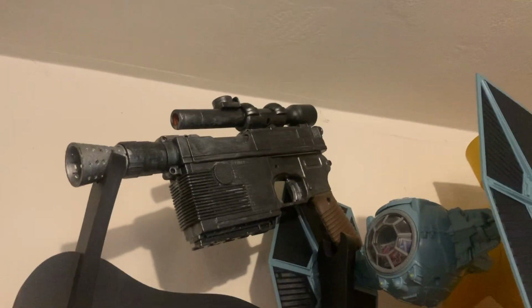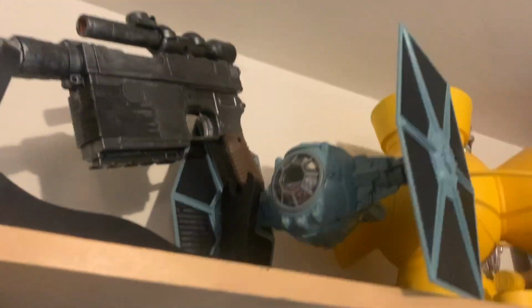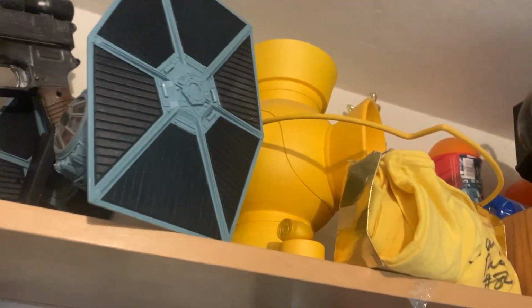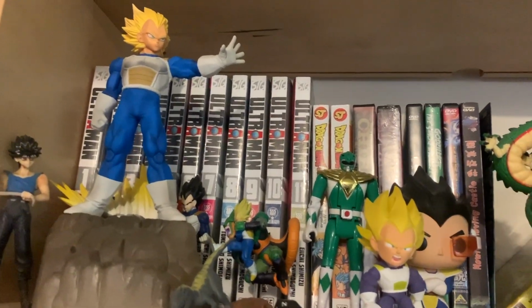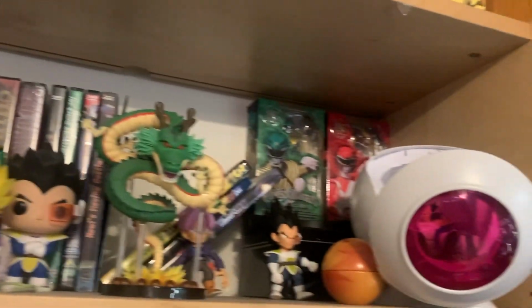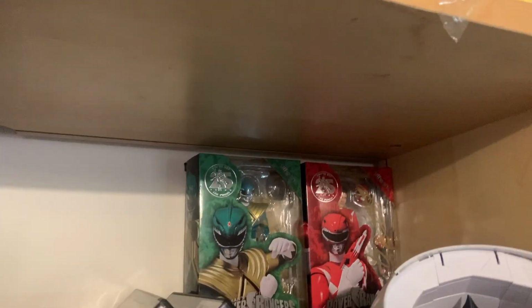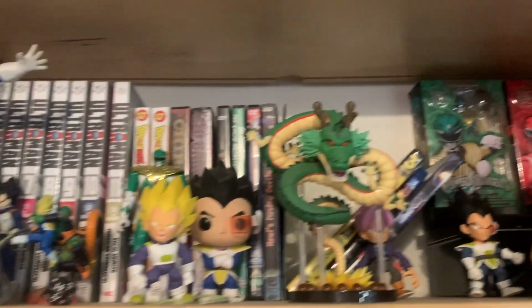Also up there, I have a Han Solo blaster, which is a Nerf gun that I repainted. TIE Fighter, a Sinestro core battery, and a random shirt that my grandma signed by Jerry Rice. Here is my Ultraman manga collection, Dragon Ball Super, random DVDs, like kaijus and stuff. Signed SH Figuarts, a Red Ranger from the actor at Comic Con, Saiyan Pod Vegeta, old Dragon Ball stuff. Down here, next shelf,